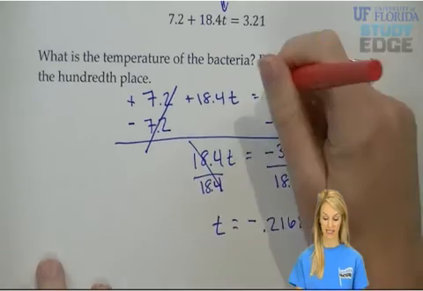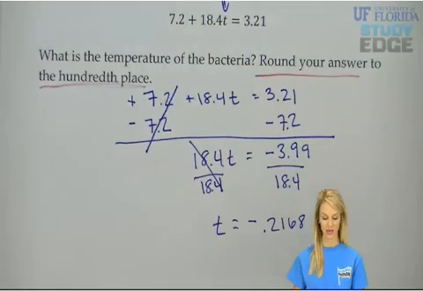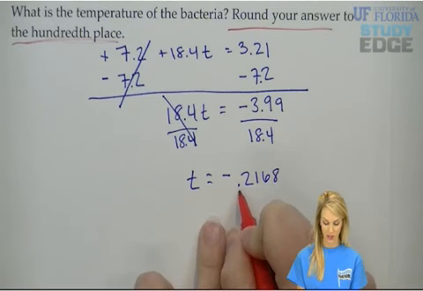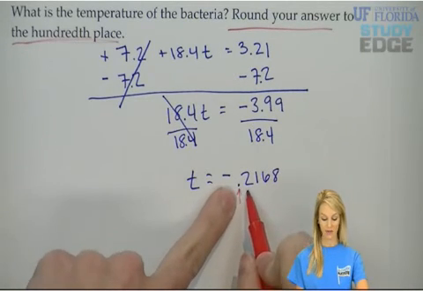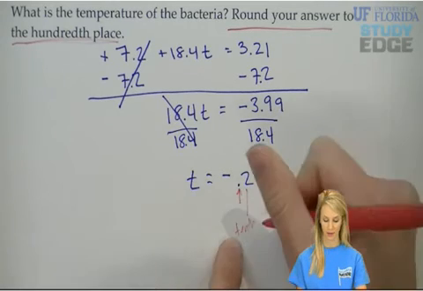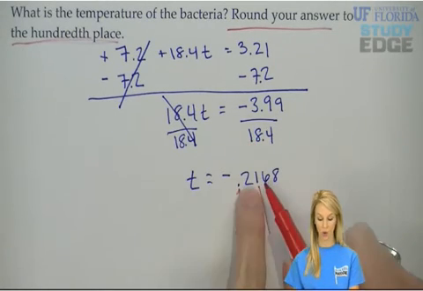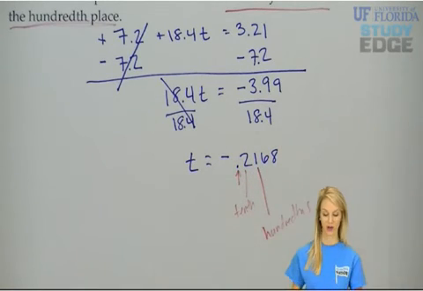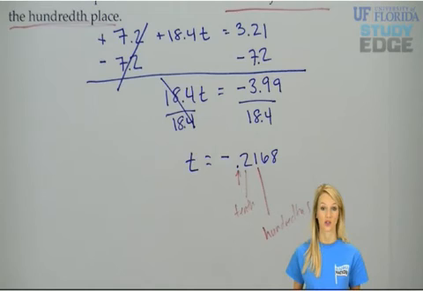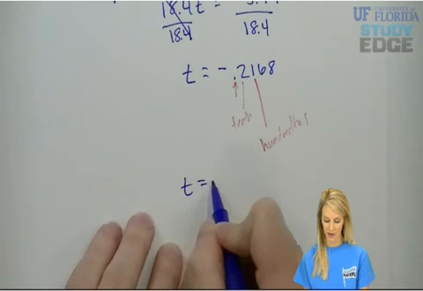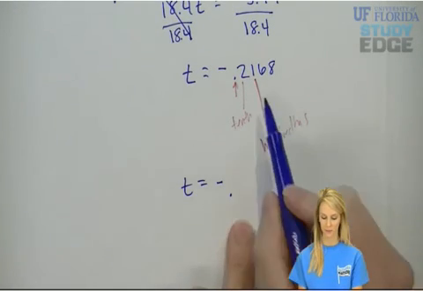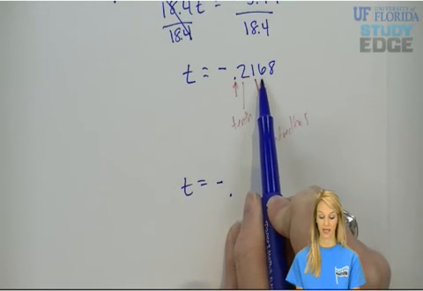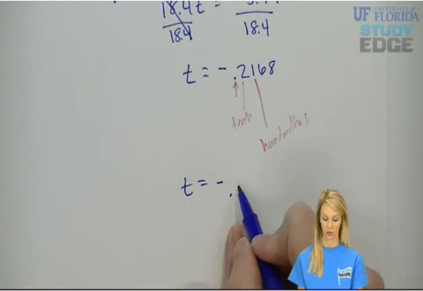Now, is that my final answer? No, because our problem said round your answer to the hundredths place. Well, what is the hundredths place? When we're talking about what place, you want to pay attention to where your decimal is. To the right of the decimal, that's your tenths. Then if you go one more over to the right, you're at your hundredths. So when it says round your answer to the hundredths place, it's saying round your answer to 2 decimals. So we get T equals negative point what? Since we have a 6 in the thousandths place, we're going to round up. So we're going to round up to 2. So our final answer is